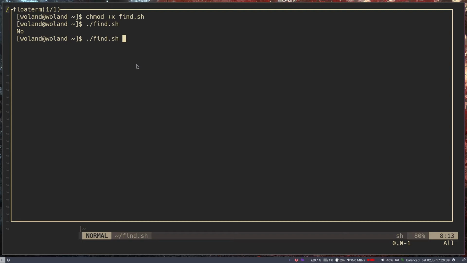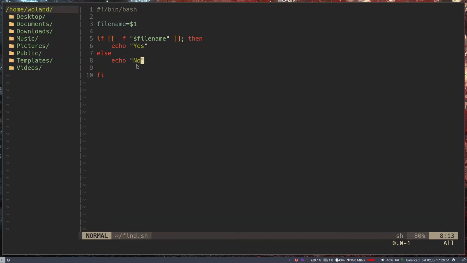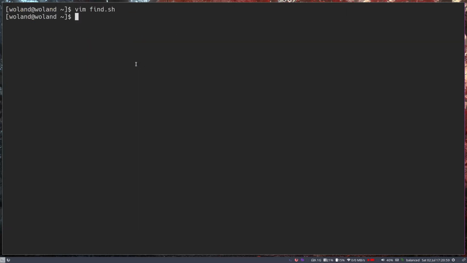Right, I have to give it an argument. So find.sh, let's do .vimrc. It says yes, and if I say something else, it says no. Okay, so it's not about shell scripting, it's about the syntax and the highlighting, the indentation, the snippets working, the autocompletion working. It's about that. So now we're going to go through the